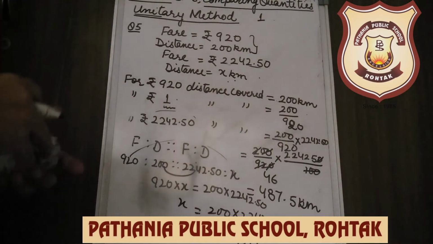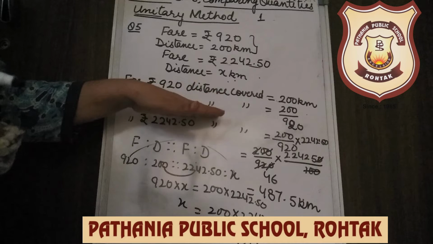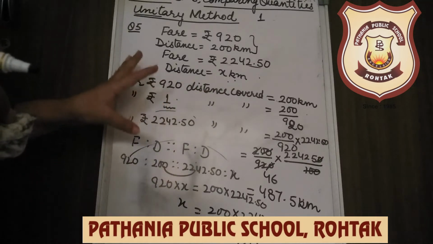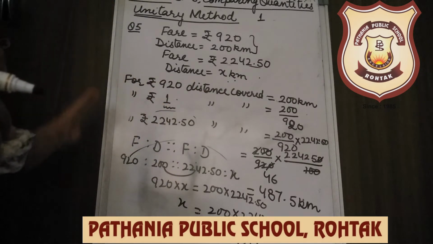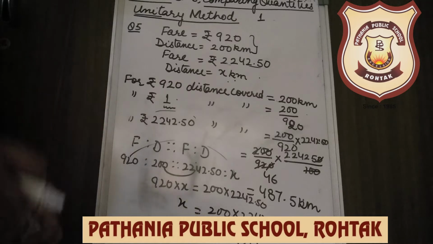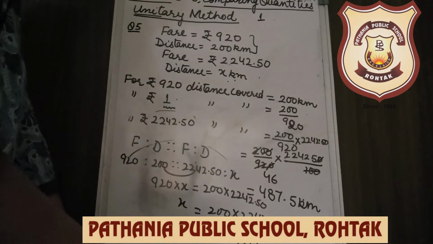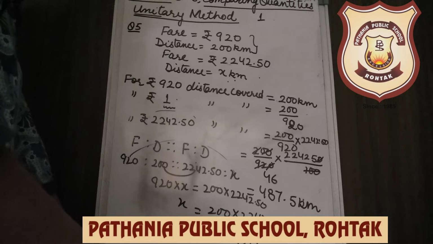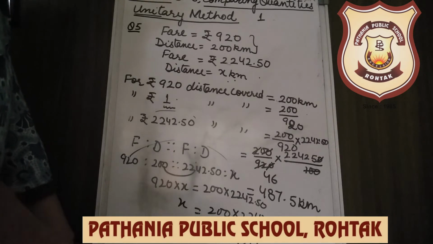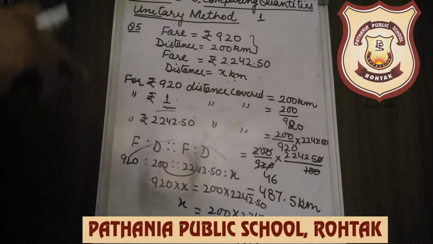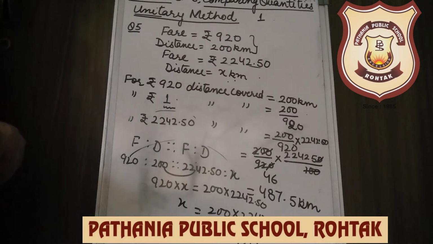In this manner also you can do, and by unitary method also you can do. So don't get confused. Rest of your questions are same, I am not going to do. In question number 6, it is the weight, that is 1/2 kilograms. So convert this into improper fraction and then solve it. First convert the kilograms to grams, because here the units are different, and I told you the units have to be same. So read the question very carefully and solve it.